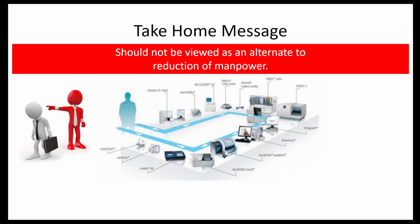My take-home message in this entire presentation is, when we are going for automation, we're supposed to be very clear as to what we are looking for. If we are looking for automation as a source to reduce manpower, that's a failure model. Neither will you get your derived benefit, nor will your technicians adopt the automation, and they'll keep plugging holes because they are threatened. Today, when I talk about automation, I'm not threatened. It's my technicians who are threatened, and so I happily adopt it. But remember, as long as your technicians are threatened about their job,